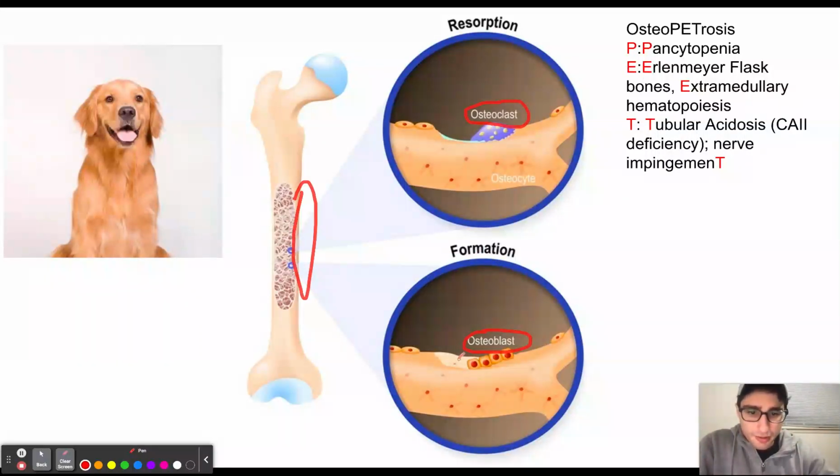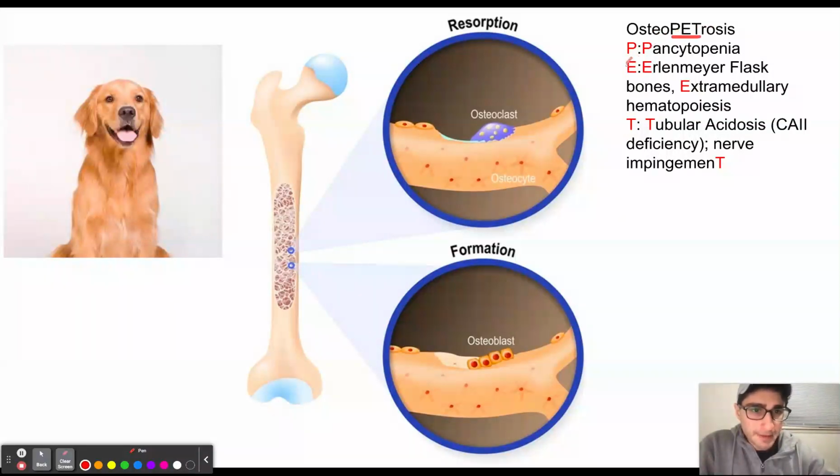So because of more osteoblast activity compared to osteoclasts, we're going to haphazardly form a dense bone that is going to be fragile. So as a result, patients with osteopetrosis are going to be at a higher risk of getting fractures. Now, the way I like to think about the symptoms with osteopetrosis is going to be with the mnemonic